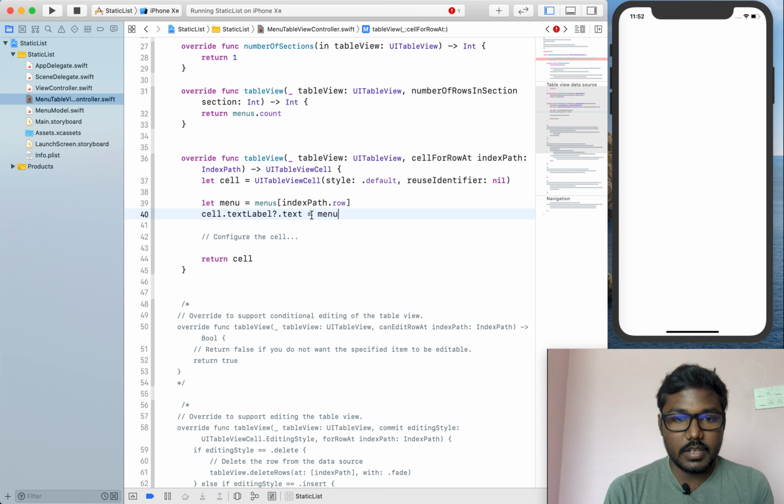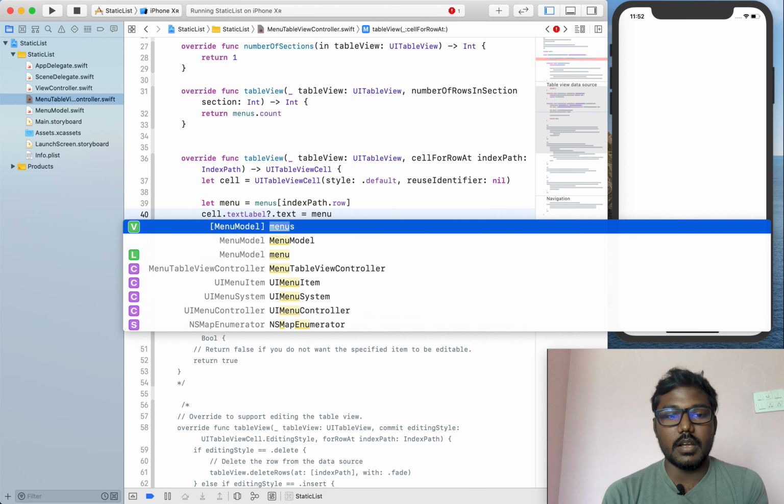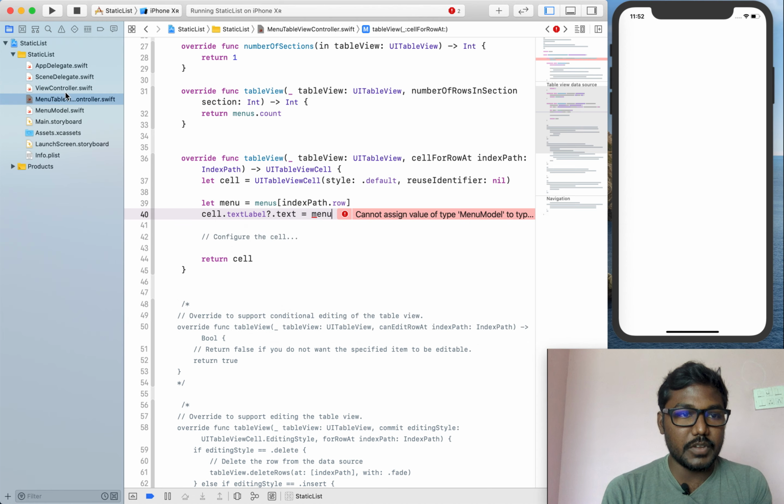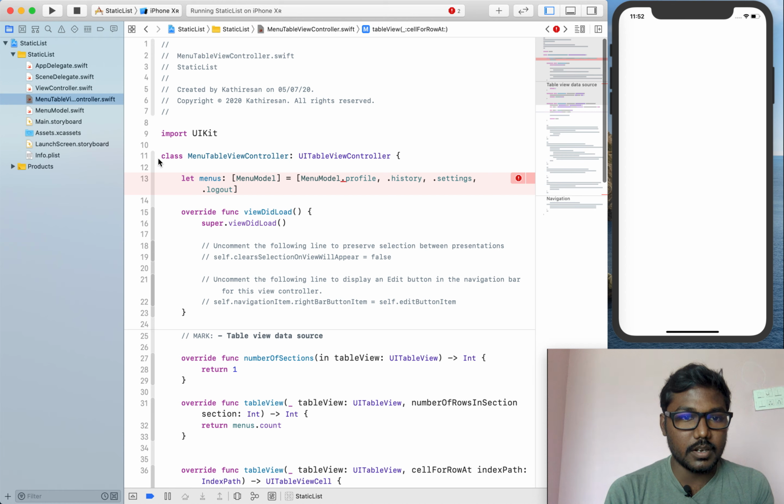Here we can't set the enumerator object to our label text, so we have to configure our enumerator.